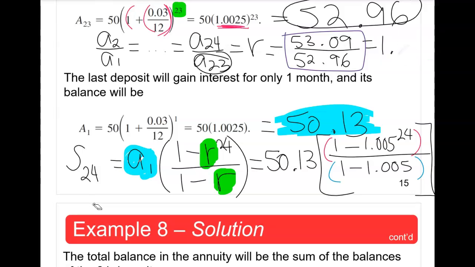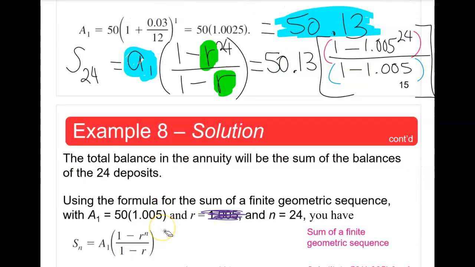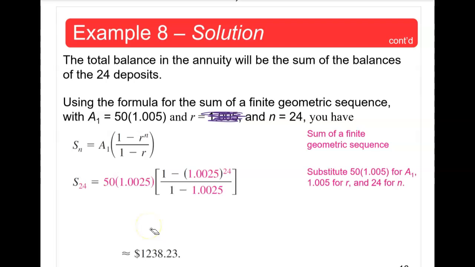It is actually what you can see down below here once they do the substitution. It's 1.025. Like that. Okay,